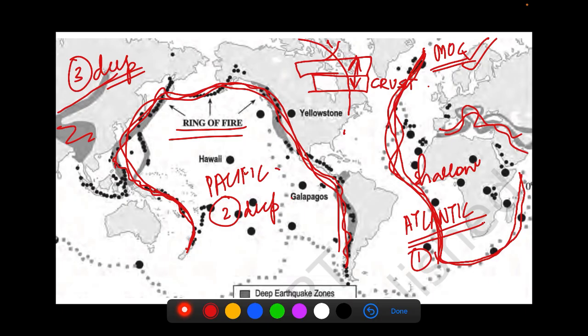But for now, what we have to remember is that volcanoes and earthquakes have three major portions where they occur in the world. Number one being Atlantic mid-oceanic ridge, number two being Pacific ring of fire, and number three being Alpine Himalayan range. So it is important to have a rough idea of this map, and you can also draw it in your exam whenever it is required. And another point that can be easily asked in an MCQ is that Atlantic Ocean earthquakes are shallow, Pacific and Alpine Himalayan ones are deep.